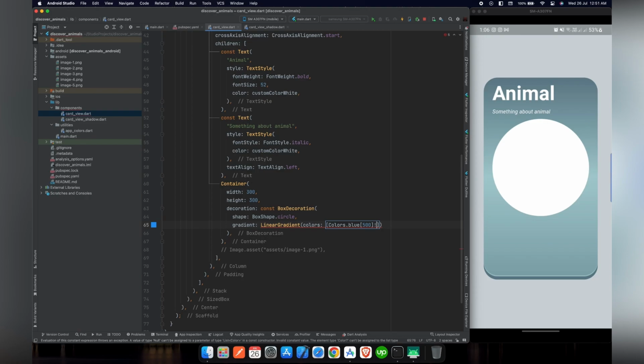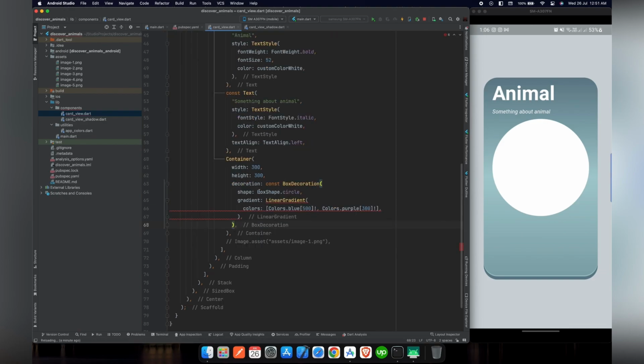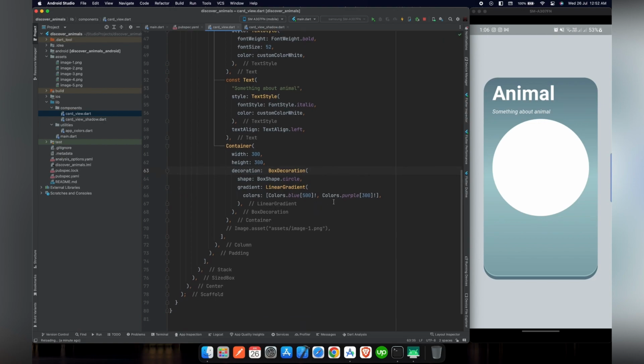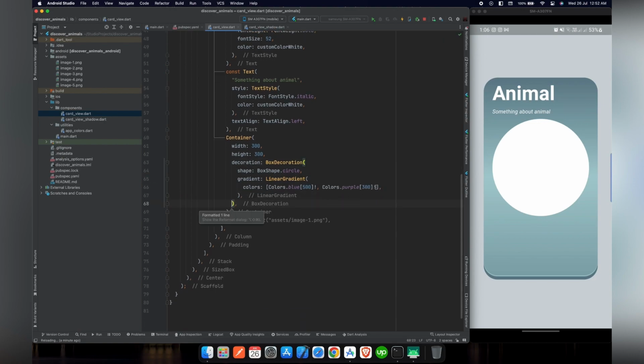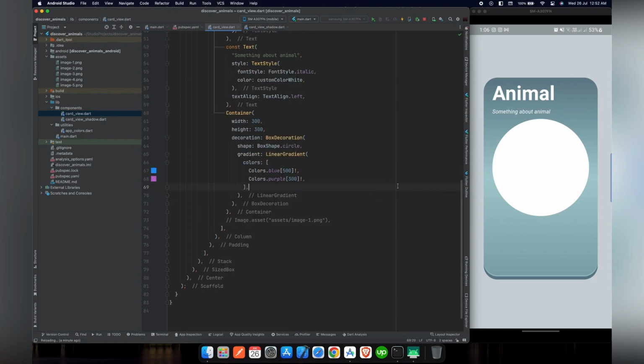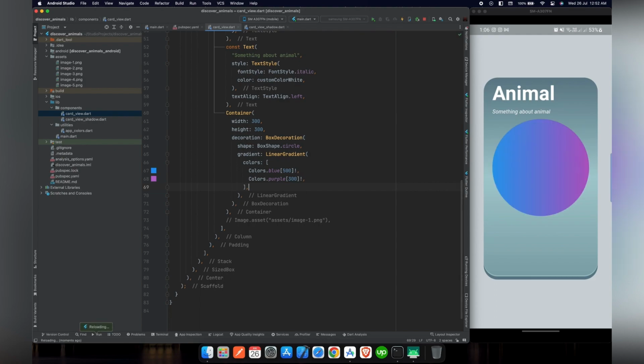After the null safety update in Flutter, we have to add an exclamation mark at the end of the color value whenever we are using a shade value. And as far as the second color goes, we will be using Colors.purple with the shade value of 300. Now we have to remove this const from BoxDecoration to get rid of this error. Now if we have organized our code and reload our project, you can see that the colors are perfectly aligned